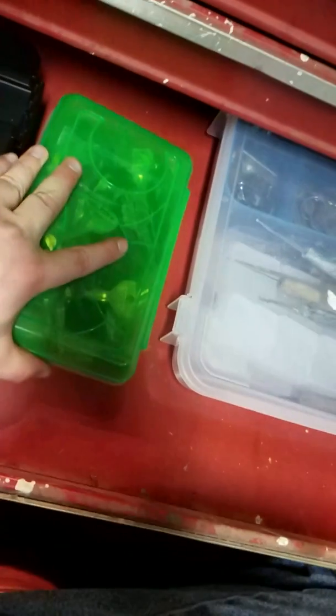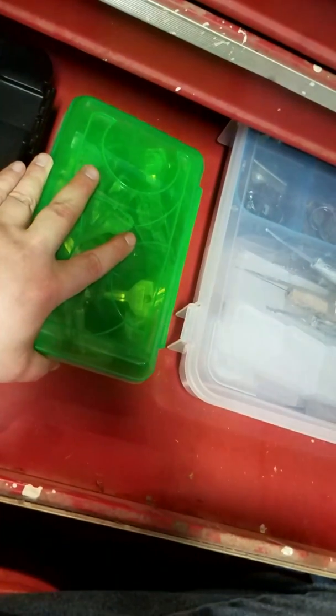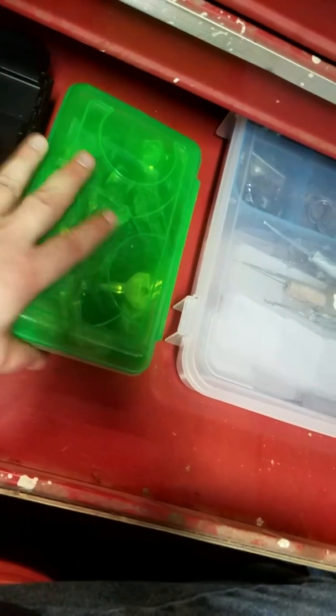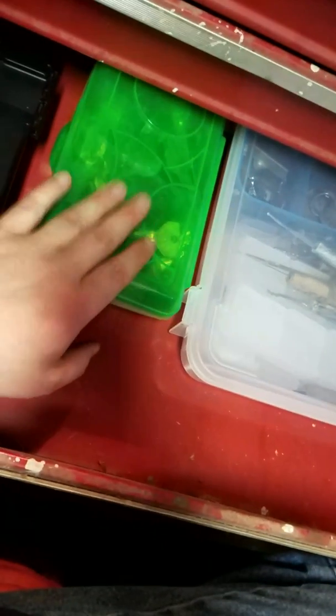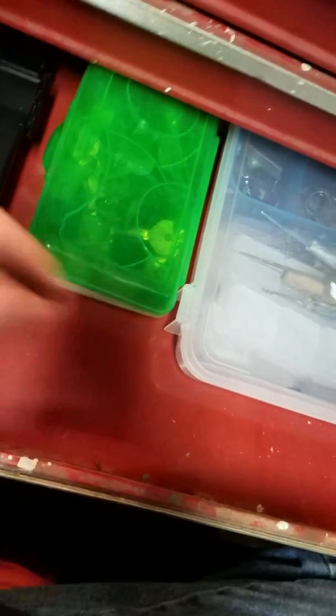I think I put keys in here too. Got my automotive keys right here. All kinds of them. I got one even in here that goes to, I believe, a Model T. If I'm not mistaken, I believe there was one that went to a Model T in here. I can't remember exactly, but